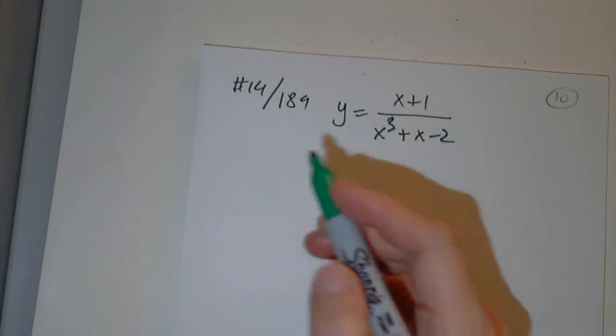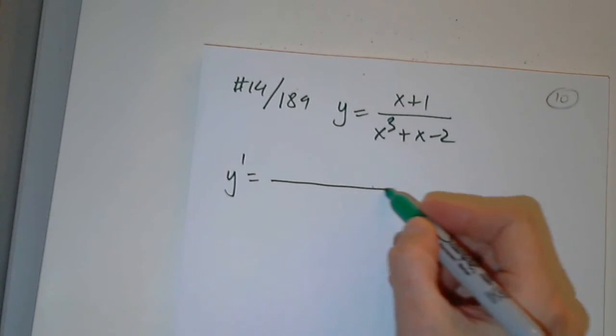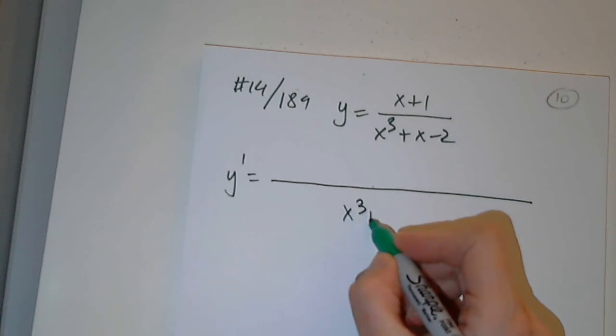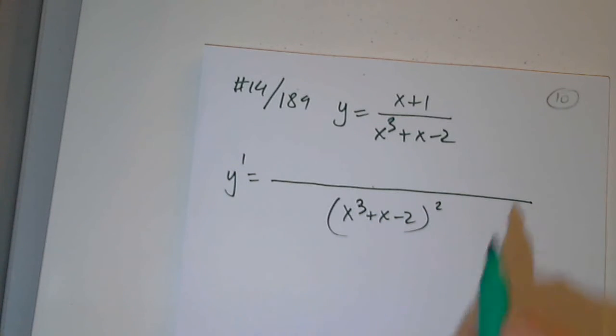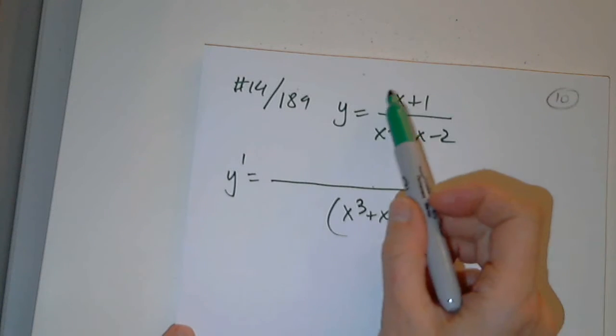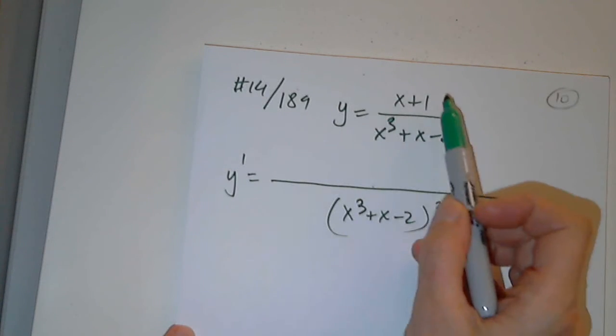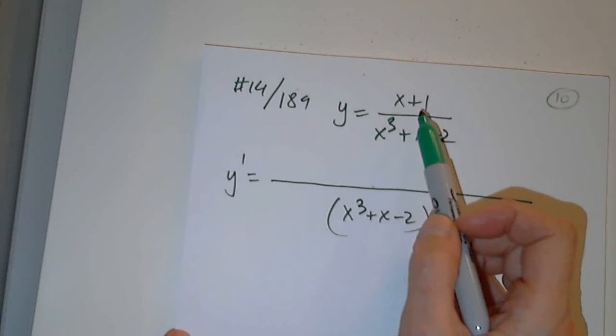I recommend this method. You choose the one you like. X cubed plus x minus 2, everything squared. Let's differentiate the top. First function, top function. When you differentiate the top, you get